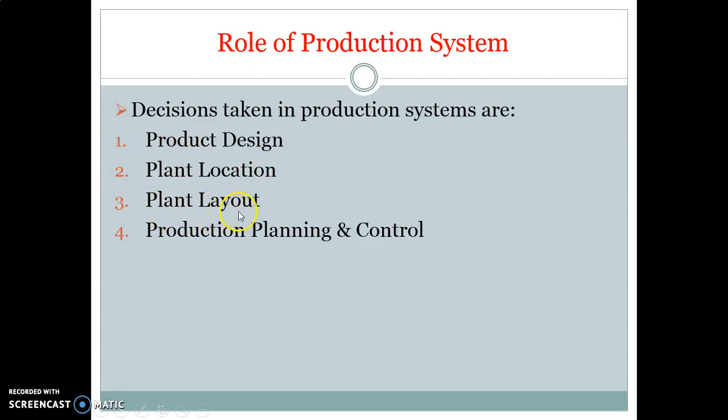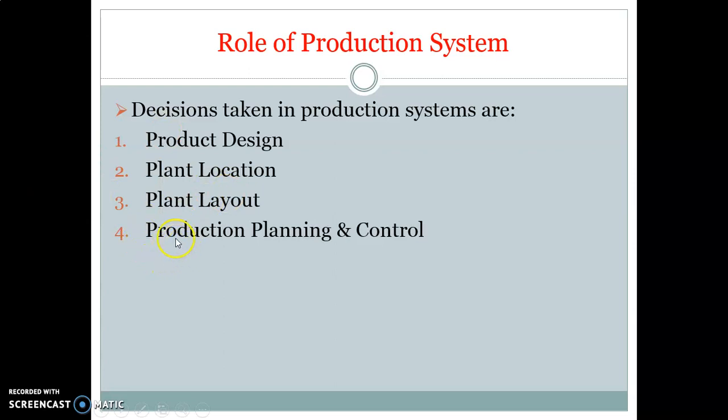After that, there is the plant layout. Plant layout is nothing but arrangement of machines and equipment that facilitate production activities, right? So that forms plant layout, and here an important role is played by modern computer software that helps to make this layout, because plant layout is made in such a way that systematically and smoothly raw material gets transformed into final product through a series of operations, right? So this is the plant layout.